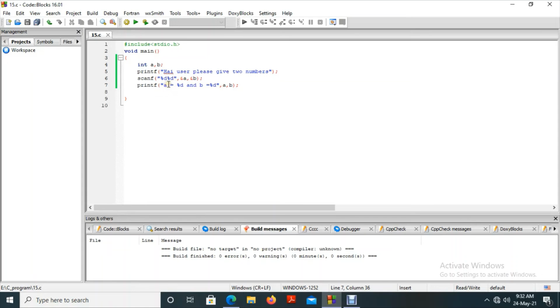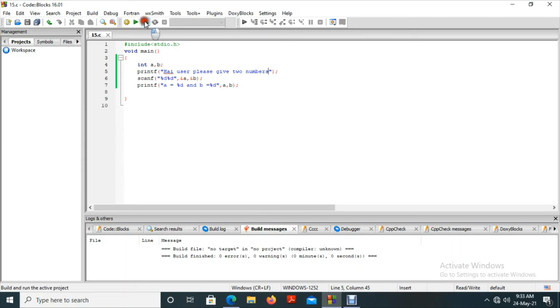So in printf, A is a variable, but we just want to know whether A points to a particular value and B points to a particular value. For that, A equal to %d and B equal to %d. Remember, here A is just a character, and here B is just a character. Why? Because we mentioned this A and this B inside the double quotes, but the actual A and B are mentioned outside the double quotes, after the comma. So that we can understand that it's properly saved, and our program is working properly.